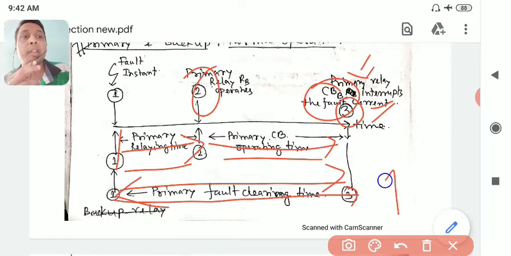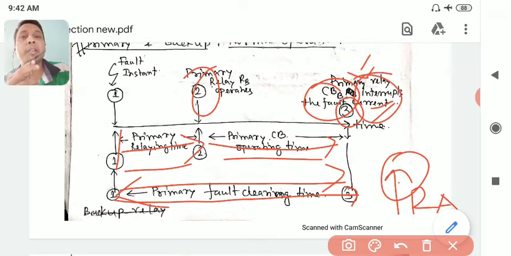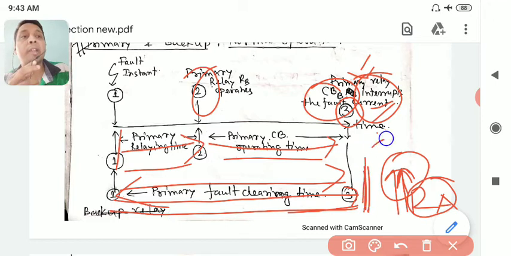It is supposed to do something somewhere here, but here already the current is 0 because the breaker has interrupted. So the relay will stop sensing before giving any trip signal, because it was allowed to give trip signal only after this time interval, after 3 seconds. I have given this much time, and after that this will operate.